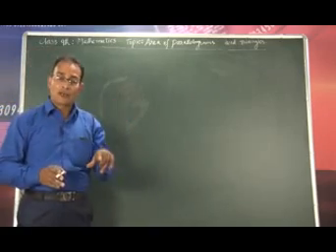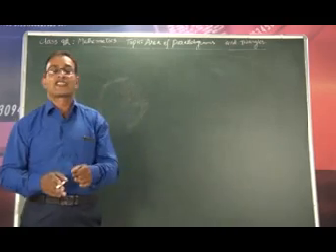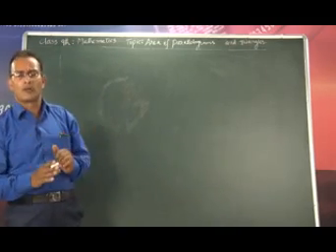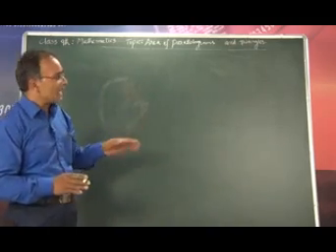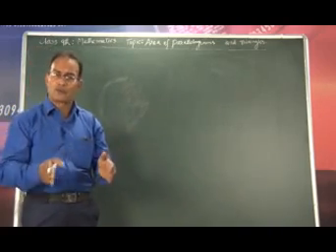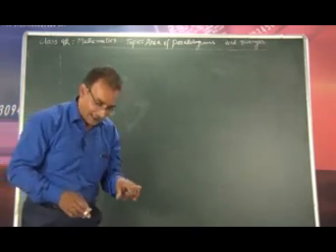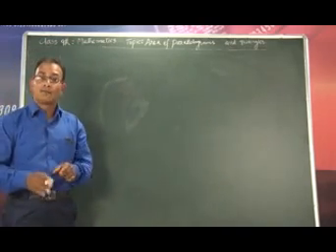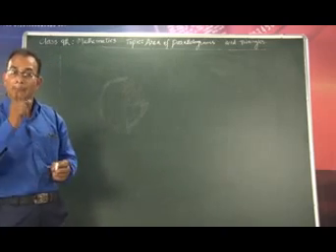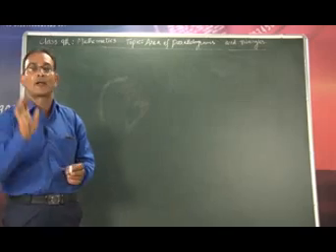Now, we are going to learn here some textbook problems. In your textbook there are a number of problems given, but here we will try to solve some of the problems which may help you to solve other problems. The first problem that we are going to solve is that a quadrilateral formed by the joining of the midpoints of the sides of a parallelogram is half in area of the parallelogram.